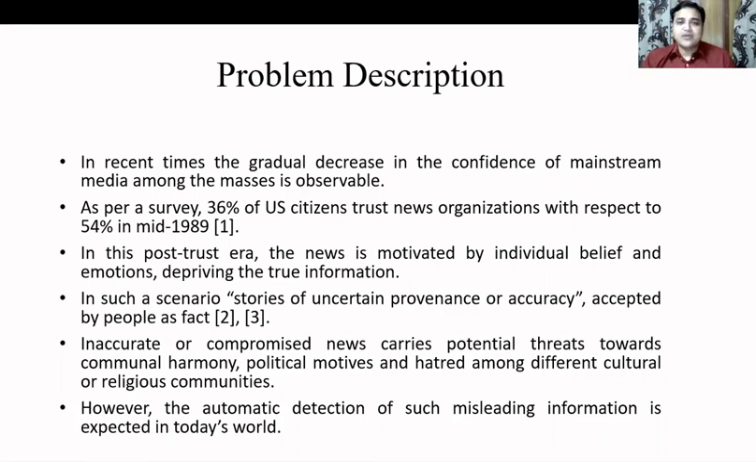We start with the problem description. With the advent of the internet, people are every day bombarded with lots of information in the form of news, blogs, videos, and social media posts. It is also observable that there is a gradual decrease in the confidence in mainstream media among the masses. As per a study, 36% of US citizens trust news organizations, compared with